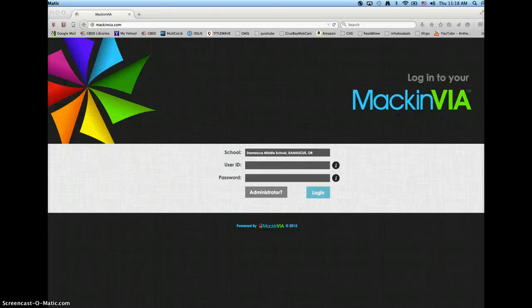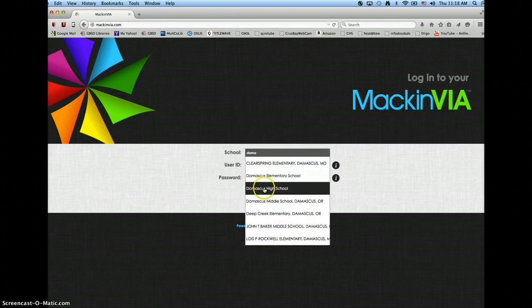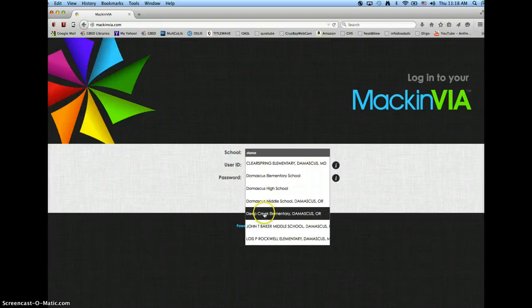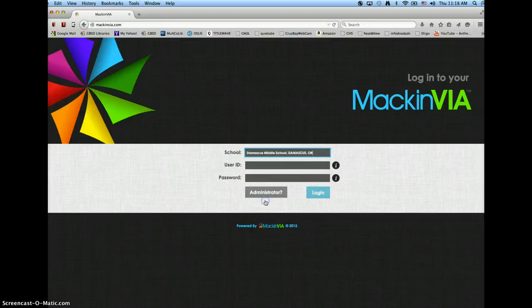To access the Civil War materials, what you're going to do is go to Mackin VIA. Start on your school webpage, choose library resources, and from there you'll see a pinwheel that says Mackin VIA. Type in your school name and choose it from the drop-down menu. For Damascus, it's Damascus Middle School, and you can see Deep Creek and Damascus are separated. And then you enter your Google login information, and it'll open up